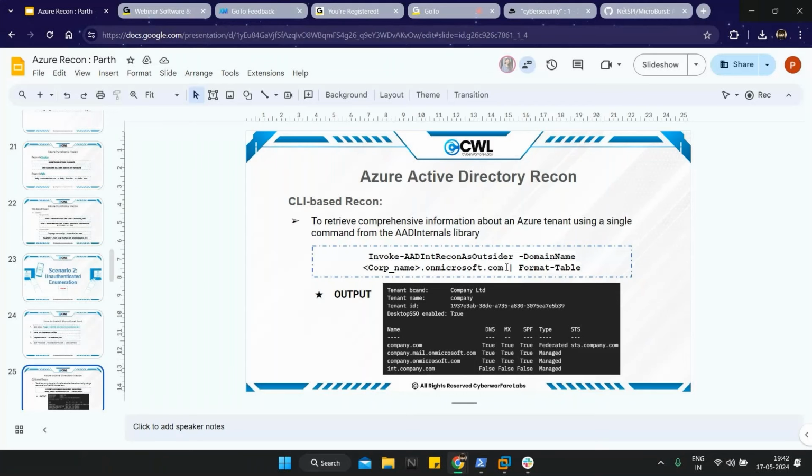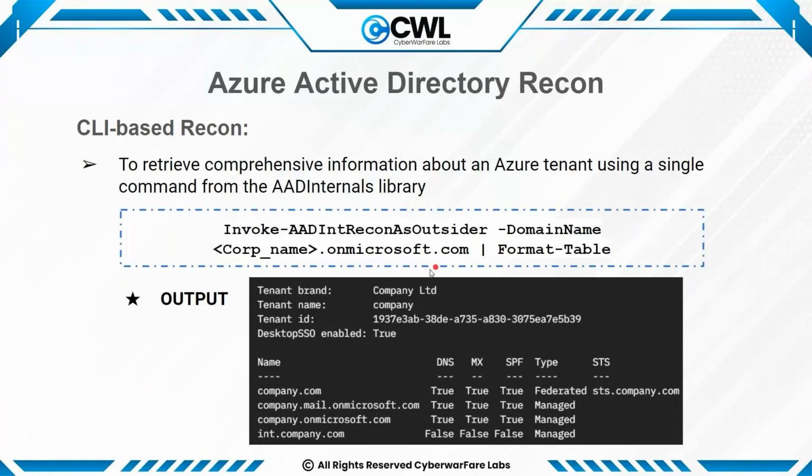So we can now use this tool and collect information related to the tenant ID. To do so, we need to execute this command. This command is a PowerShell command that is used to gather publicly accessible information about an Azure AD domain. It's a valuable process for security professionals and auditors to understand what information is exposed externally and to ensure it aligns with